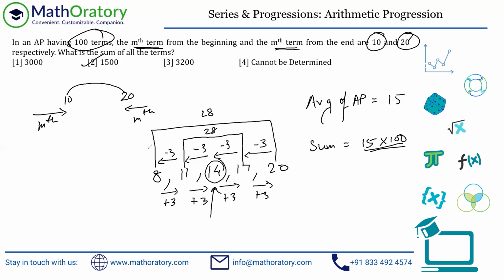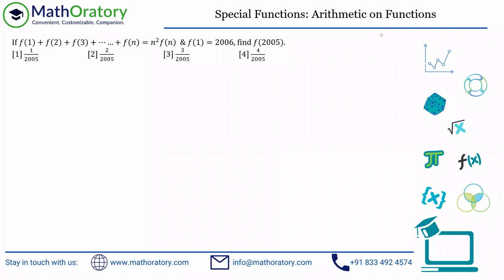The average of an AP will always be the average of two terms at symmetrical positions from the beginning and the end. And once you obtain the average by whichever means is the simplest and feasible, just multiply that with the number of terms to get the sum. That is always the easiest way to find the sum. So that's it for this problem. Hopefully everything was understood. This is a question that has already appeared in CAT once. These types of things I have discussed in our lessons also.